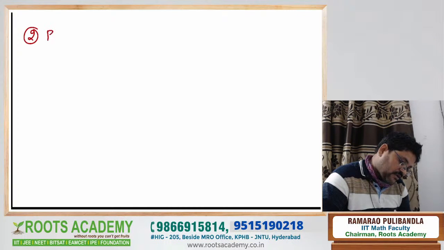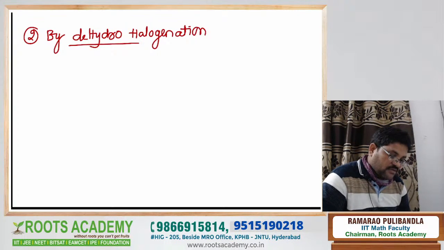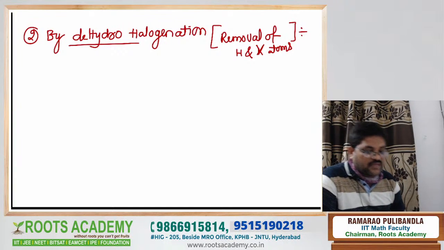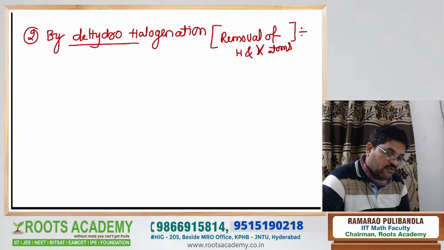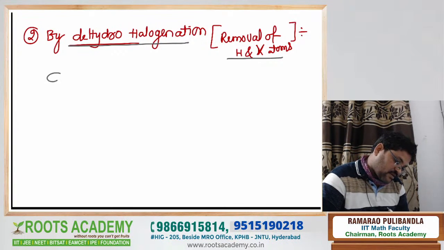By dehydrohalogenation. What is the meaning of dehydrohalogenation? Dehydrohalogenation means removal of H atom and halogen atoms. Removal of the H atom and halogen atoms by dehydrohalogenation. Understood what I am saying? Now, for example, you take the example